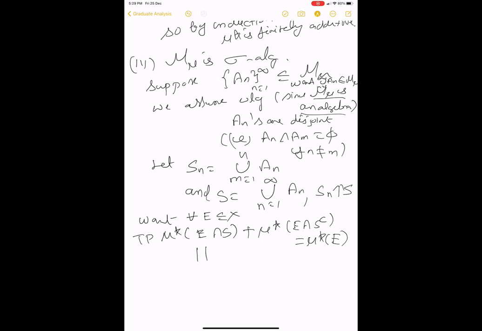So let us take this. What have we proved till now? We have proved subadditivity, so it's enough to prove this. This is greater than or equal to this. The other way we know already because of subadditivity. So now this is equal to mu star of E intersection the union of S_n, n equal to 1 to infinity. I'm just writing it again and keeping E intersection S complement as it is. Now this is of course equal to E intersection. You can take the union outside, by the distributive property, but then using subadditivity,